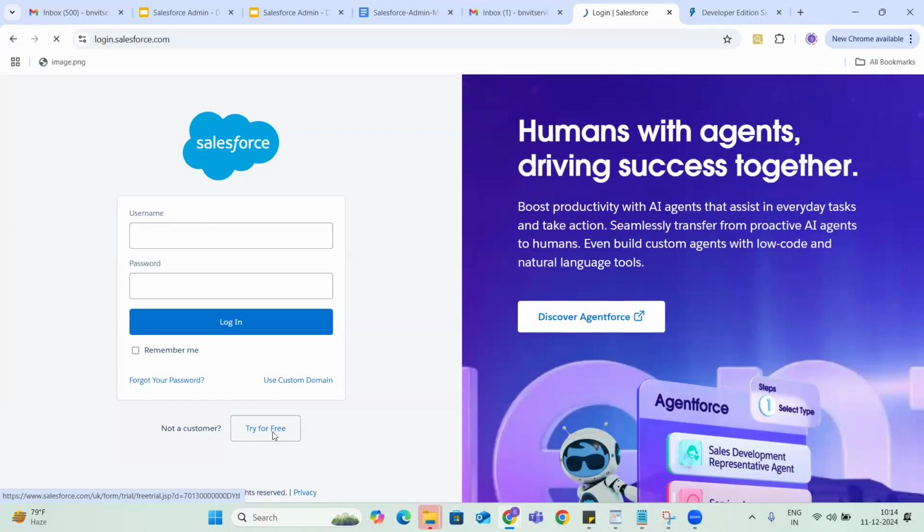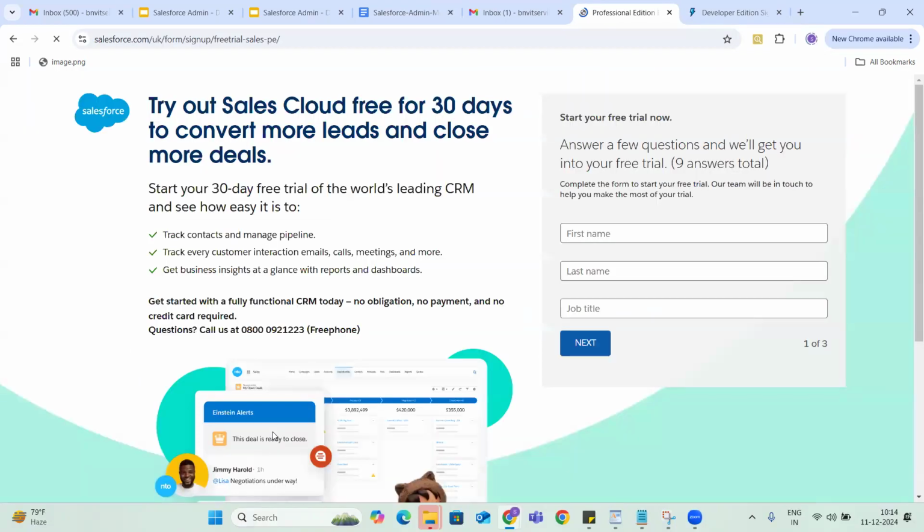If I click on this button, it is also going to give me one trial version. But the problem is this is available only for 30 days, guys. After 30 days, it is going to expire. Whatever work you have done in this sandbox, you can't access after 30 days.